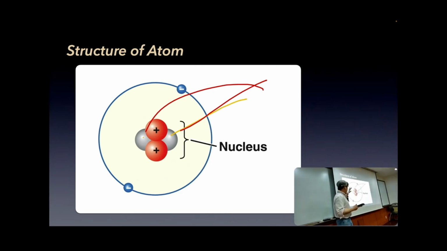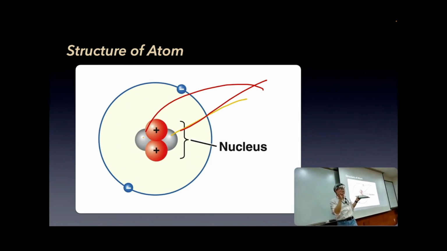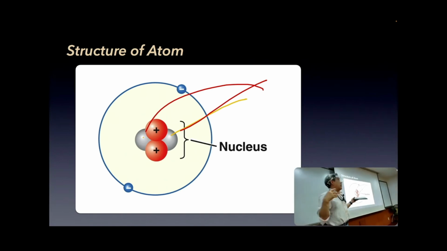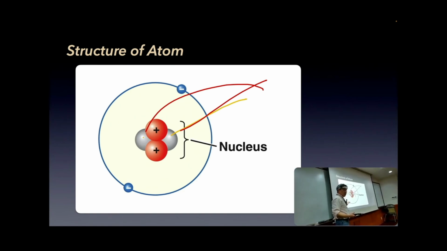However, on the other hand, the chemical property of a given atom usually comes from the electron, because this is the one that circles around on the surface of a given atom. So the chemical or physical property of an atom is usually defined by the behavior of the electron. The reason why I'm